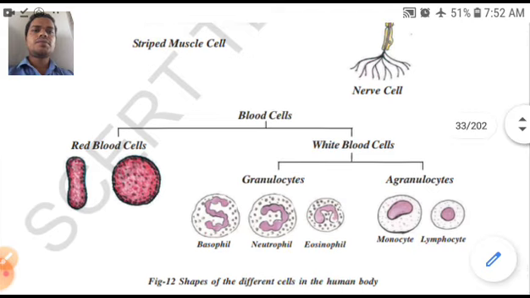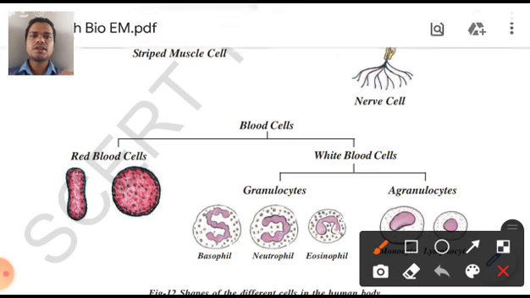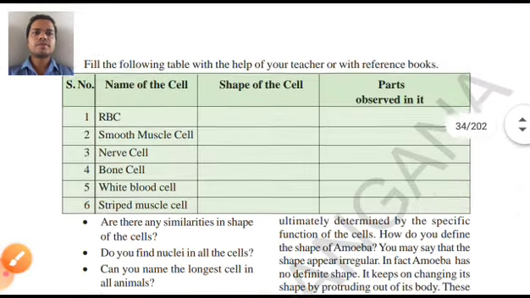Now why do the red blood cells not have any nucleus? Do you have any idea? Actually, when the red blood cell is in the beginning of its birth, the nucleus will be there. But soon after some time, the nucleus will go out of the cell. When the red blood cell is just like a baby, the nucleus was there, but after maturing, the nucleus will go out of the red blood cell. So the red blood cell also has the nucleus in the beginning, but later after some days the nucleus will disappear. Okay.